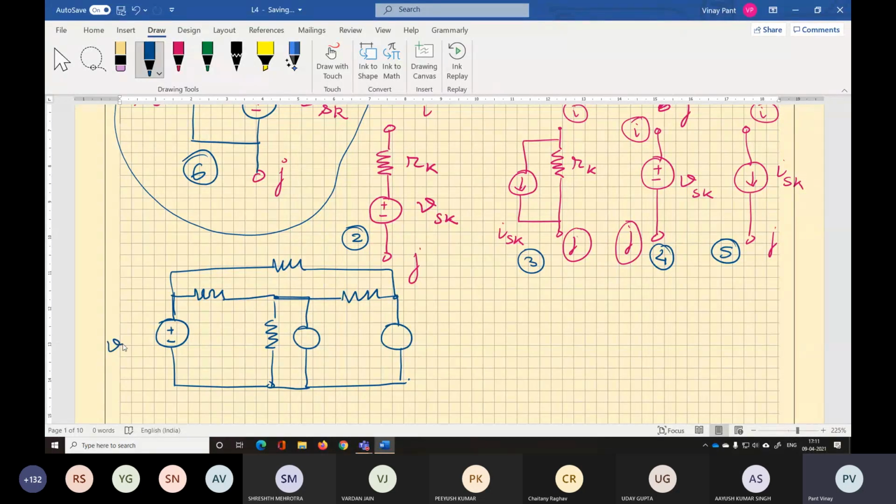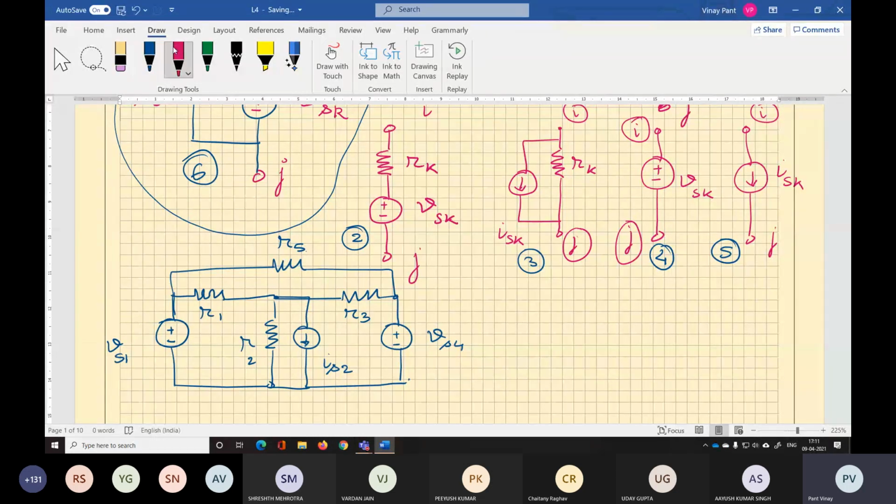This is VS1, R1, R2, IS2. This is R3. This is plus minus VS4. I've given the numbers to you, R5.